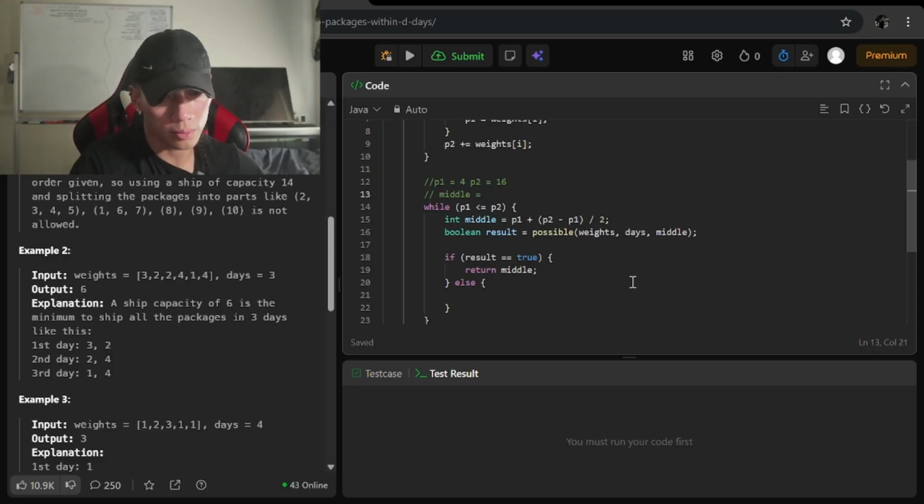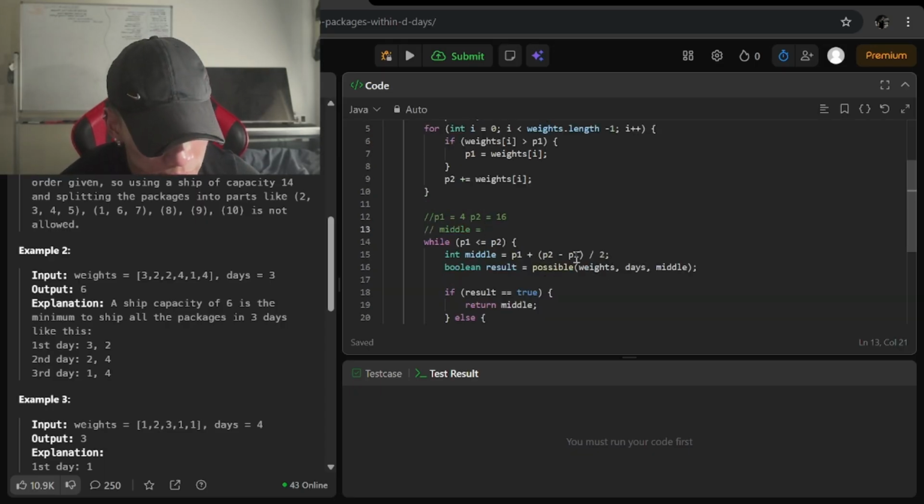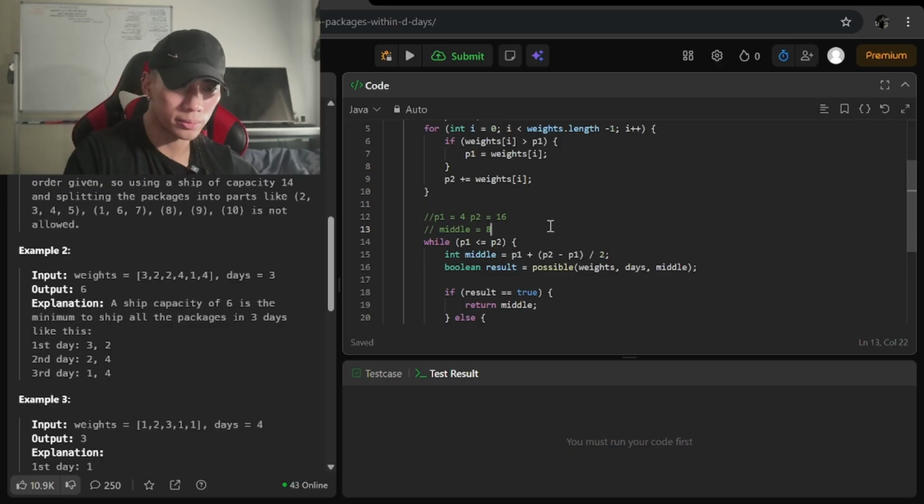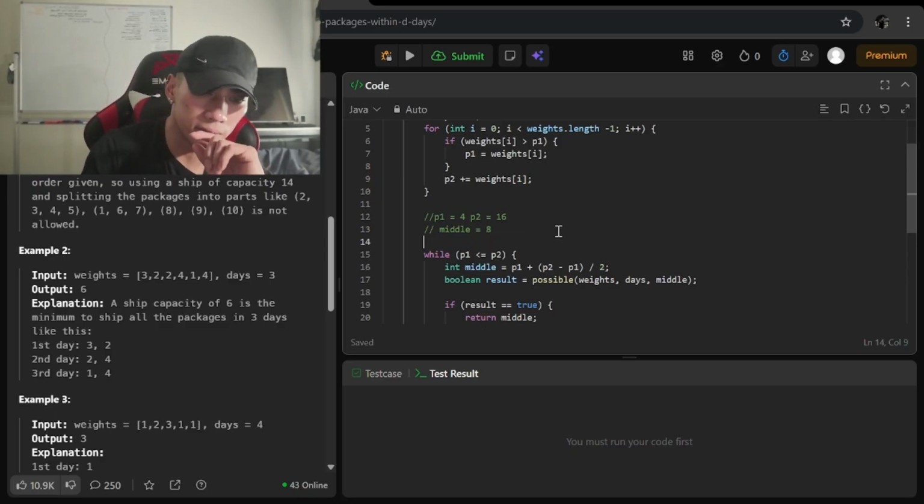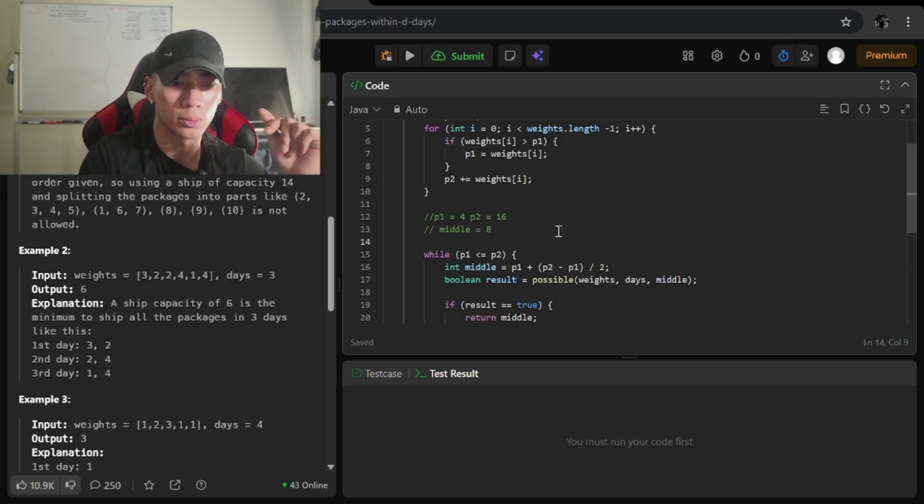Middle equals 4 plus 16, which is 20, divided by 2 is 10... so that's our middle. So we pass middle into possible.